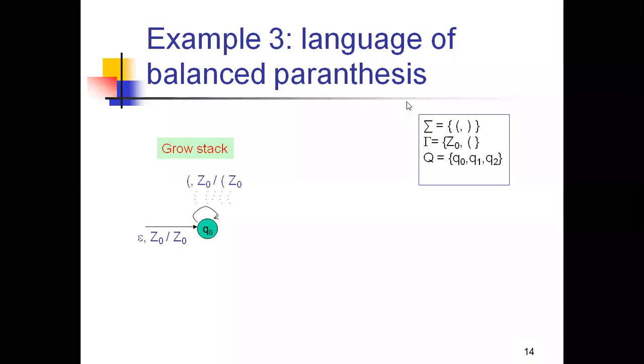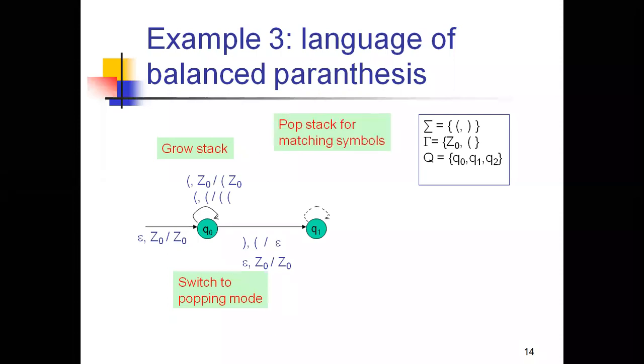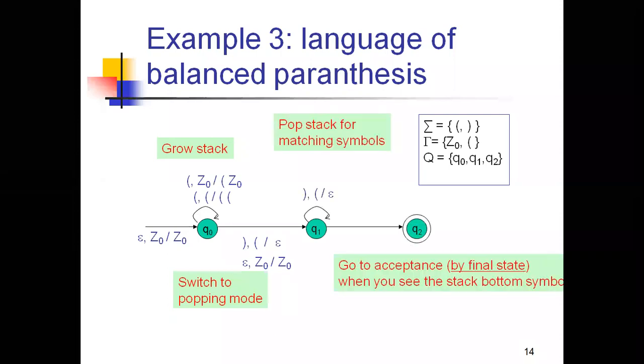This is one example for the question, language of balanced parentheses, and here we chose 3 states, that means q0, q1 and q2. But for the same example with only 2 states, how do we design the PDA? That means how to draw or represent the transition diagram. I will show you.